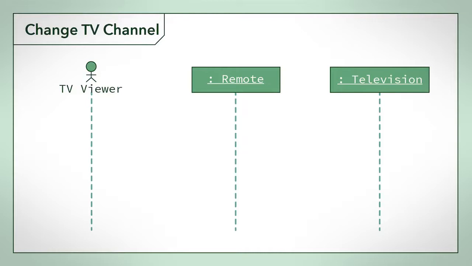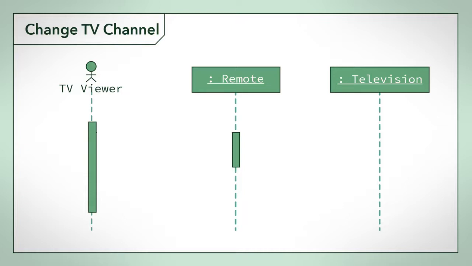What's the first thing that happens in this example? Let's assume the TV is already on, and the TV viewer wants to change the channel. The first thing that happens is the TV viewer presses the numbers on the remote to tell it which channel to go to. This activates both TV viewer and the remote in our sequence diagram. When an object is activated, we denote this on our sequence diagram using small rectangles on the object's lifeline. You activate an object whenever an object sends, receives, or is waiting for a message.